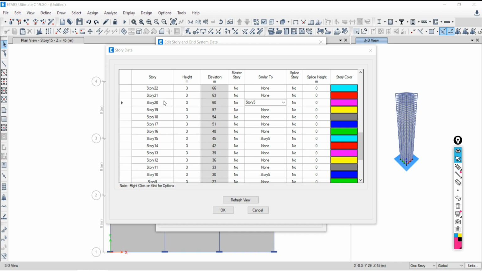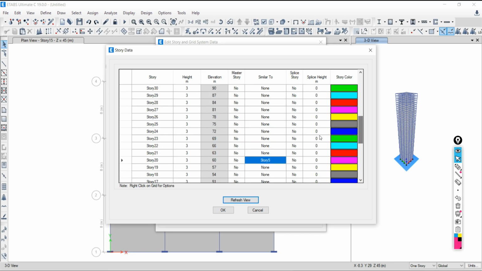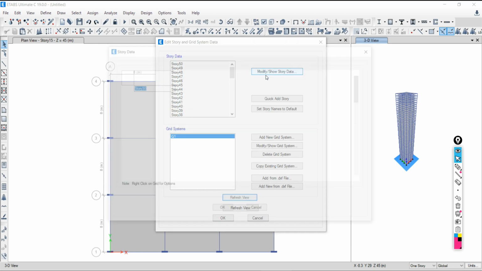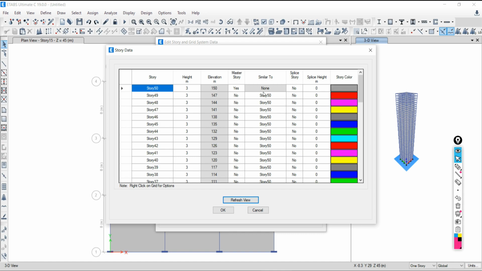Okay. So where we are now, the 20 is similar to master. Now next, 25th is similar to master, means story 5. If you are making any other one as master, say I am going to say 22 as master, so when you are going to change it, both master options will be available. Okay, just keep in mind. But again, go to modify. I did the mistake. Say no.